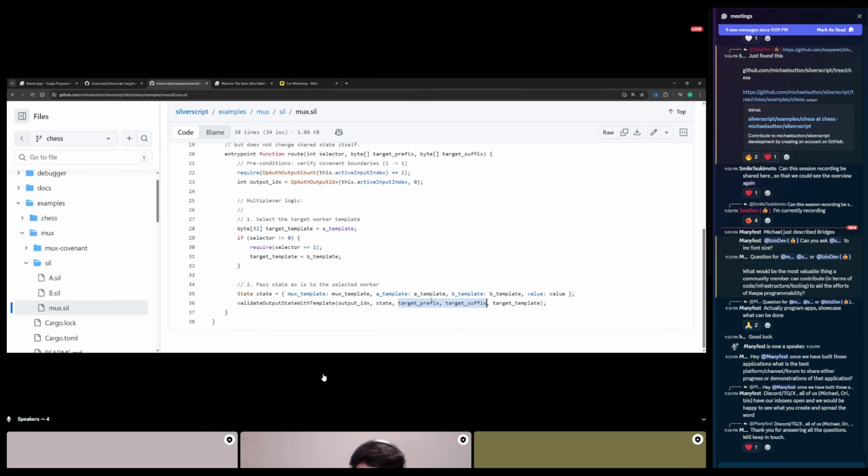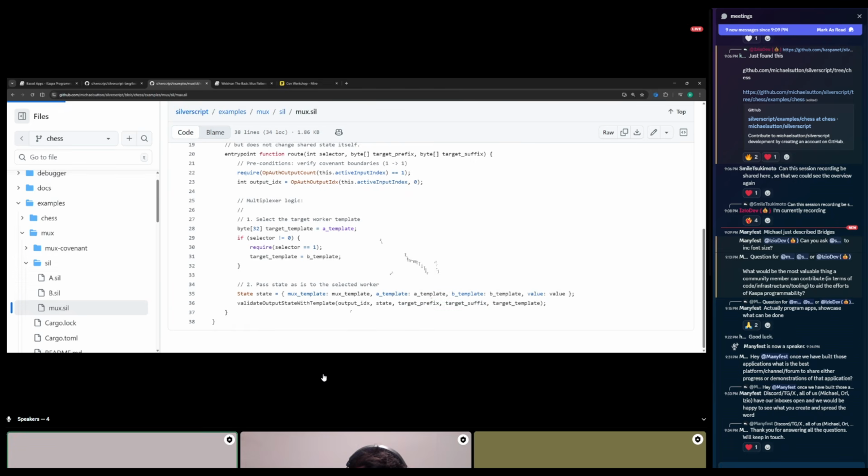So it's the constant parts of the contract. When hashing them, you're going to get the template, and you can verify this output is actually that template. So the multiplexer is essentially saying, my job is to verify that you're sending the authority of spending to the correct worker template and not just any script. I'm verifying it's being sent either to A or to B, which I already know. You don't get, as a user, to send it to anyone else. We're staying in a closed system of scripts. We don't open it widely.